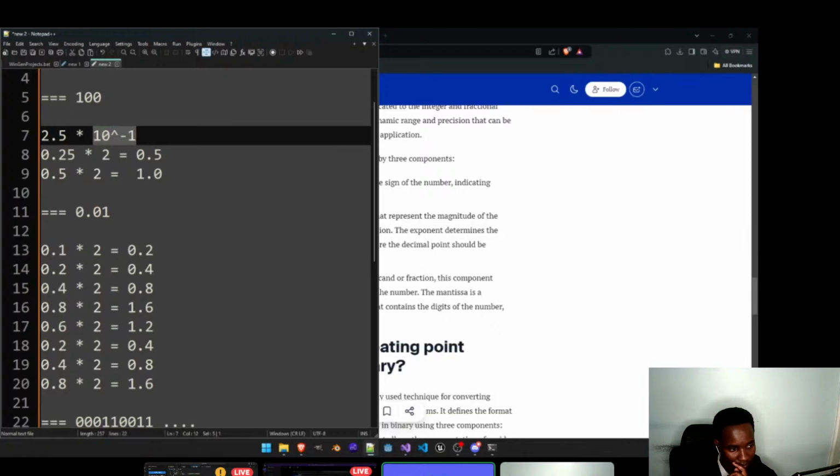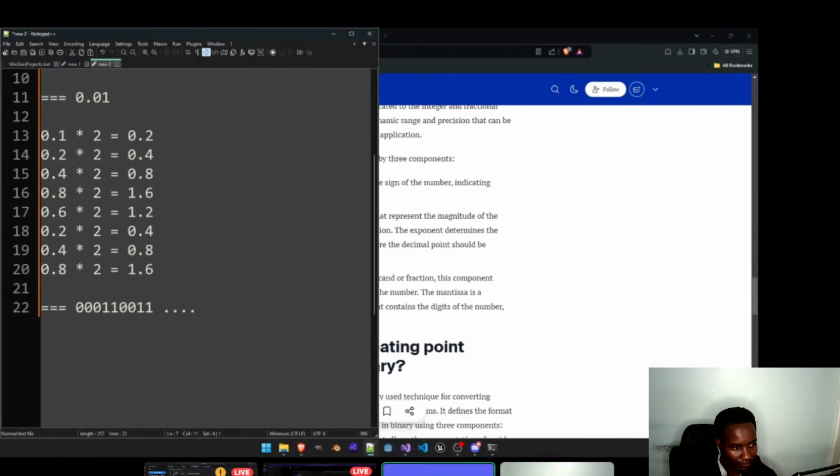Yeah, to the power of -1. So this is a decimal representation. So for binary representation, if I take this for example and we try to do an exponent for it, we'll get